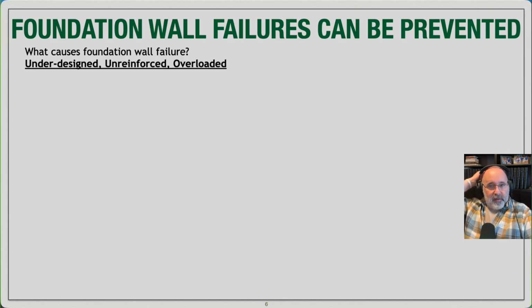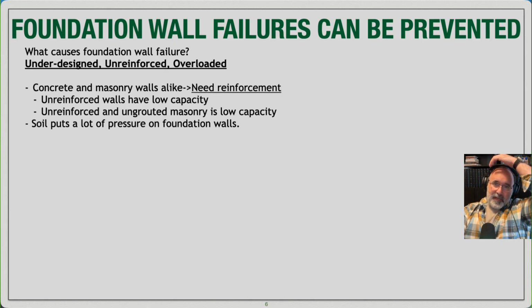So really, what causes foundation wall failure? Under-designed, under-reinforced, and overloaded walls are certainly some of the main problems. Concrete and masonry walls alike both need reinforcement when they have excessive loads placed on them. Unreinforced walls have relatively low capacity. Unreinforced and ungrouted masonry is maybe especially low just because of the less material that you have with a masonry wall system. So if you have an excessive amount of load placed on a material that has less overall material, masonry versus concrete, then it's just going to have less section properties to resist some of the excessive